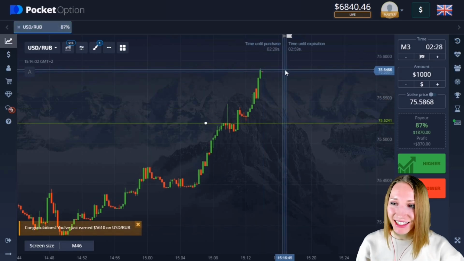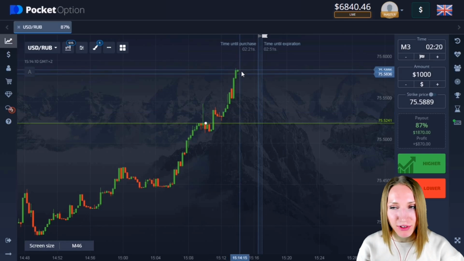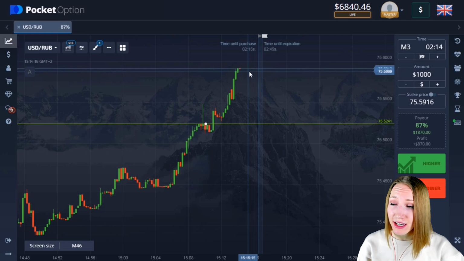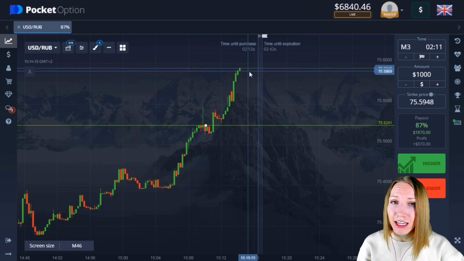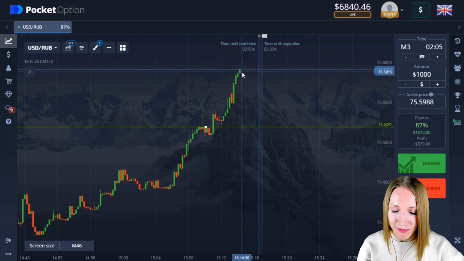Well, it's very good. You can see the price continued moving up, and this level was broken through. We have got a very brilliant profit, so 3 minutes were enough here. So our deposit is $6,000 already, and it means that we can open the last trade for today. So just let me find something suitable for this.